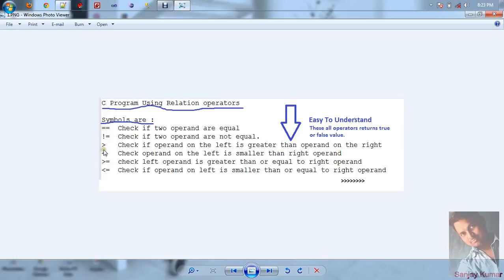equal to, not equal to, greater than, less than, greater than or equal to, less than or equal to. It is easy to understand. Also, one more important thing you must keep in mind is that when we use relational operators in our programming, it returns only one type of value, which is boolean type. Either it returns true or false. It does not return arithmetic values like -1, 2, 3, 4, 5, 6. It returns only a boolean value, true or false, meaning true for 1 or false for 0.